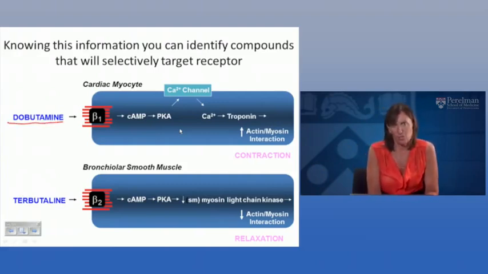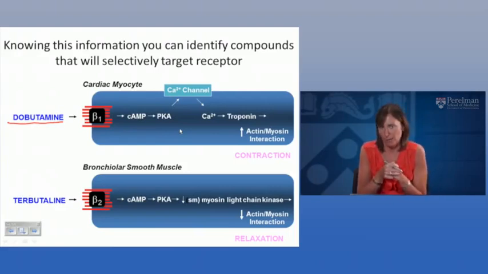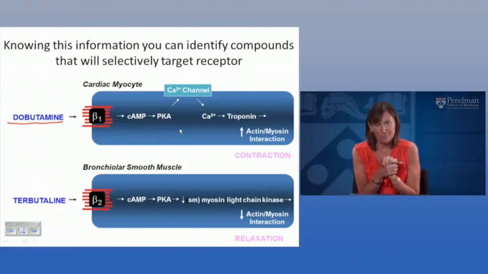Dobutamine is a very interesting molecule. To a certain extent, it behaves a little bit like epinephrine. But it is synthesized in such a way and administered in such a way so that it will purely target the beta-1 receptor in the cardiac myocyte in people who have hypotension that is